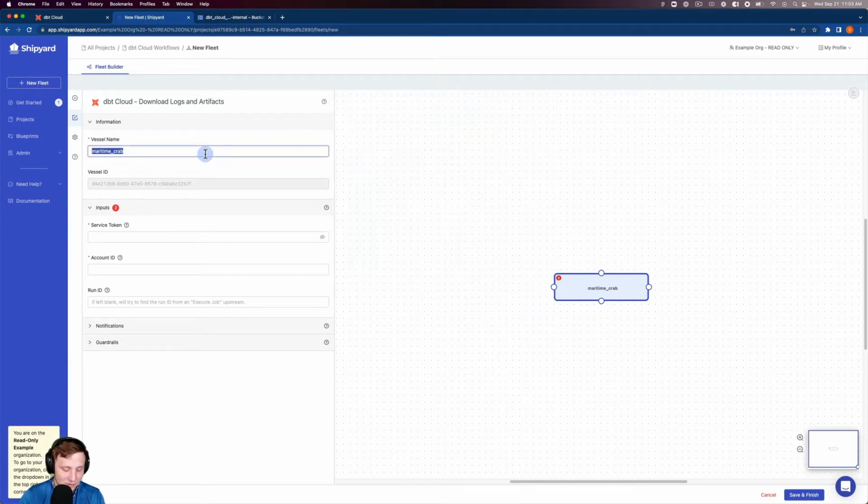I'm going to name my vessel download DBT Cloud artifacts. Okay, so now we just need to grab our service token from DBT. So I'm going to paste that in there. Our account ID there. And so for run ID, generally a workflow for DBT Cloud is we're going